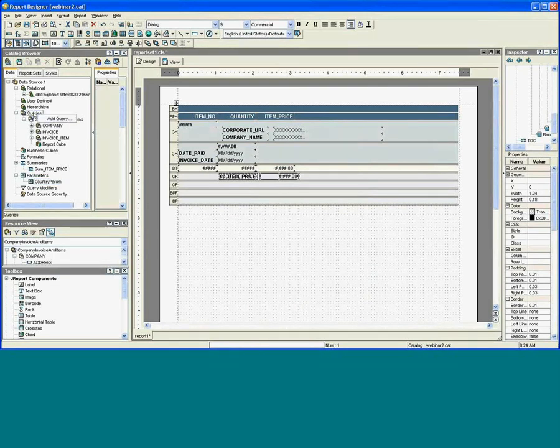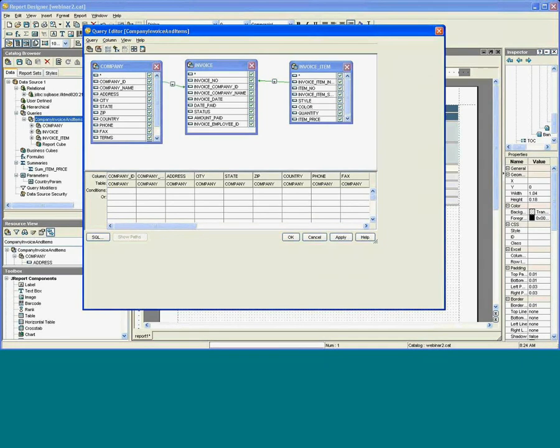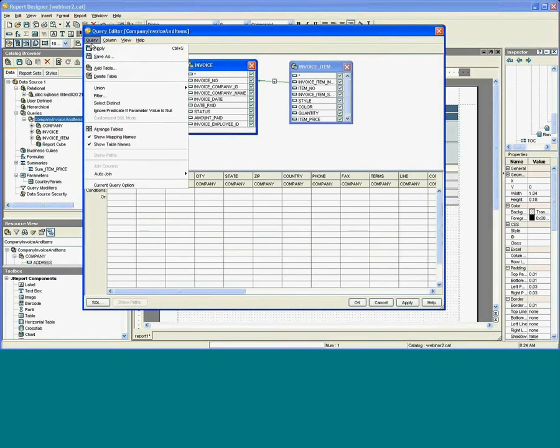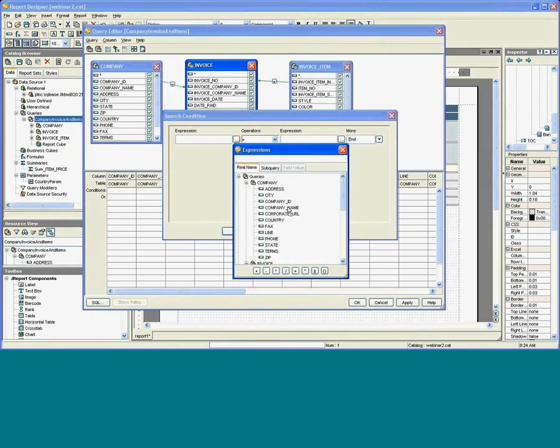Let me make sure I get these right to match with the rest of them. So let's see, we're going to group by the company name, the company ID, and inside there, we'll leave that for now. We may modify this later. So we've got company ID, and inside there we'll also put the company name and the company URL. So we get all the information in for our company. In our detail section, we want to show things like,